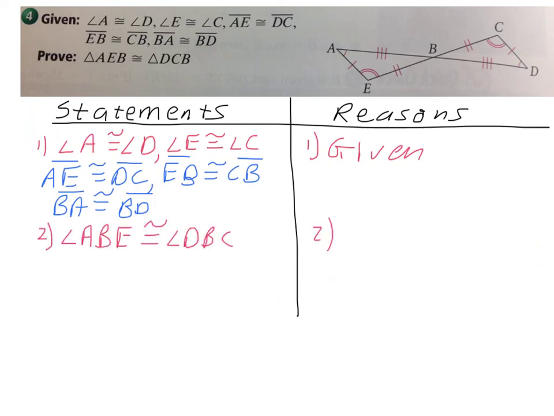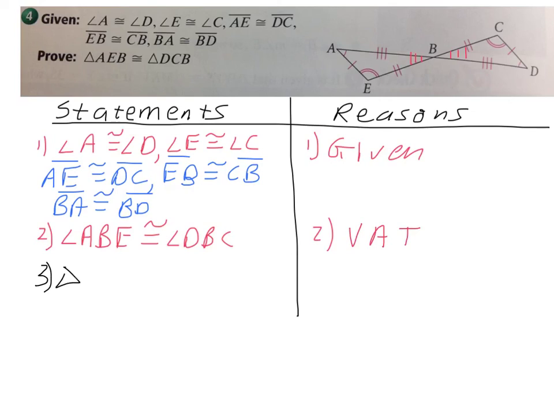Hopefully you realize you need your last pair of angles to be congruent. Angle ABE, with 3 arcs on it, has to be congruent to angle DBC, with 3 arcs on it. How are we going to get those 2 angles congruent? Vertical angle theorem says all vertical angles are congruent. Now that we've got all 3 pair of angles congruent and all 3 pair of sides congruent, we can say